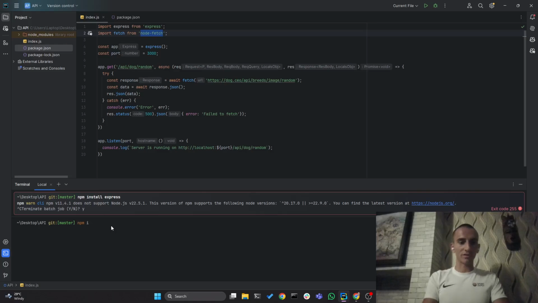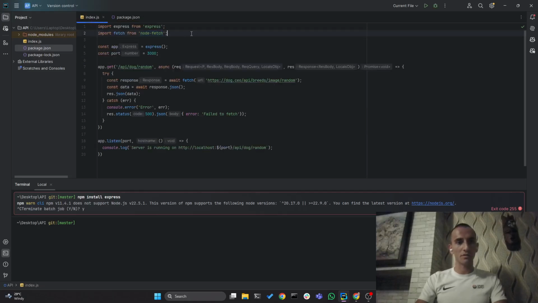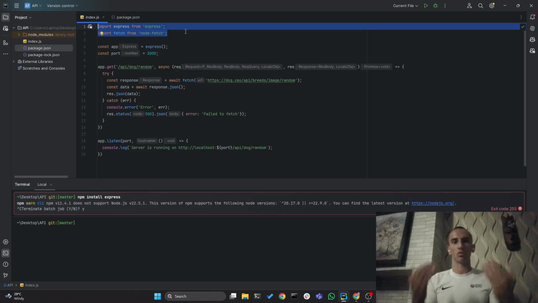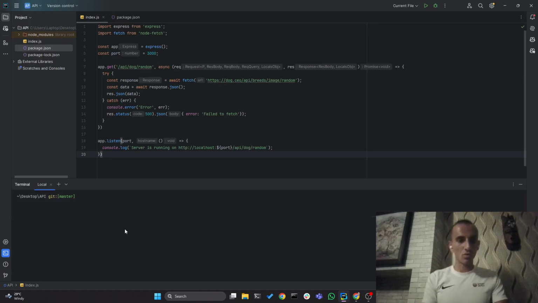I is short for install, and you can write node-fetch, install that as well, and also make sure in the package.json you have type module, type module, because only this way the ES imports are going to work. Typically, Node.js is using the require keyword. Okay, so maybe we can clear the console and